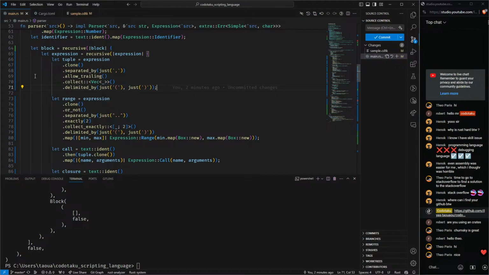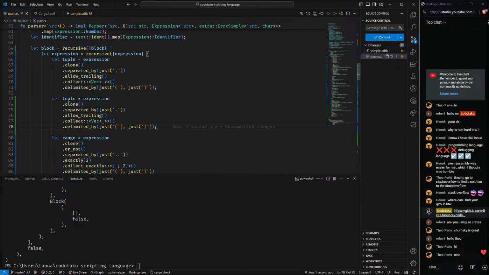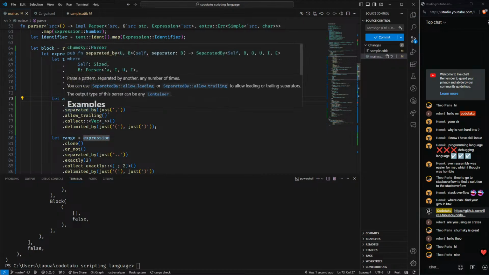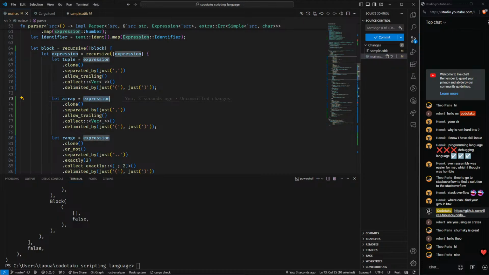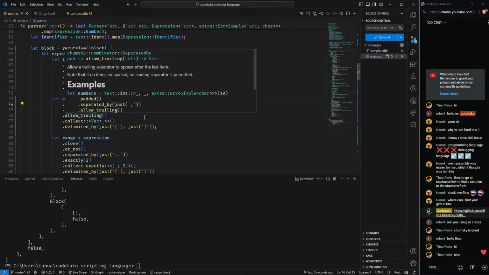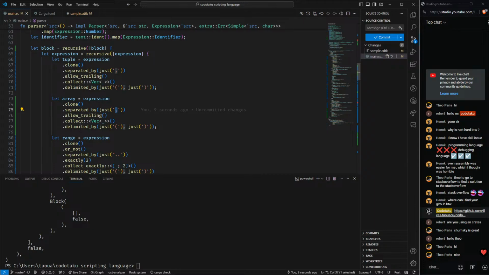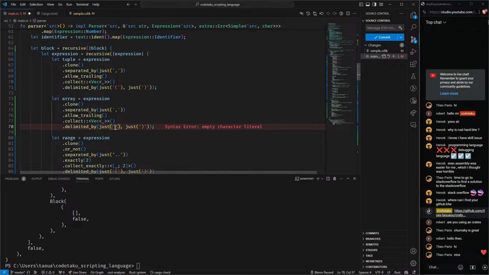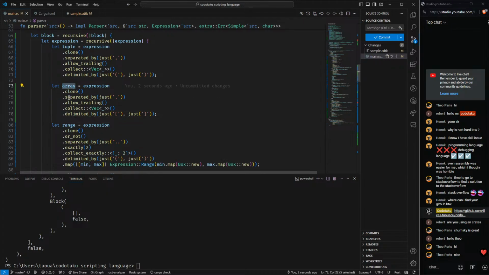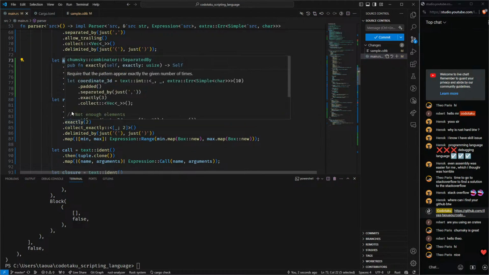Expression clone separated by just that, allow trailing, collect. Okay, so let's copy this tuple. Let's make it an array, I guess, or a list, or whatever you want to call it. And then we're gonna have expression separated by just those, allow trailing, collect vec, delimited by just these. I don't think parsing can be any easier than this, to be honest with you. Array? Okay, so